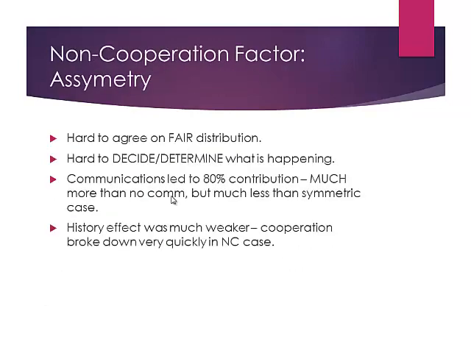So what he's saying here is that the history effect was weaker in the asymmetric case, because after the communication breaks down, everybody has to think on their own. There is no parity. How should I behave? Other people's behavior doesn't constrain you because you're not in the same position. So the history effect was weaker. Cooperation broke down very quickly, unlike the symmetric case where the cooperation remained in effect for a long time.